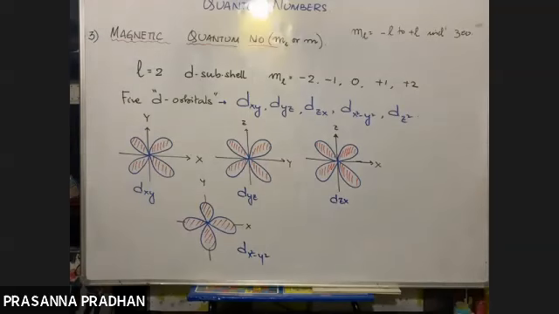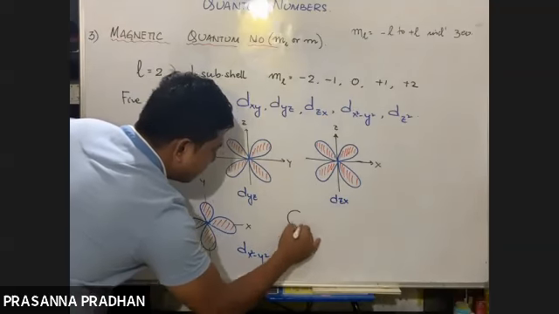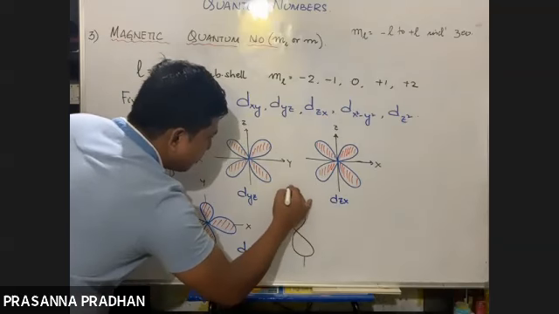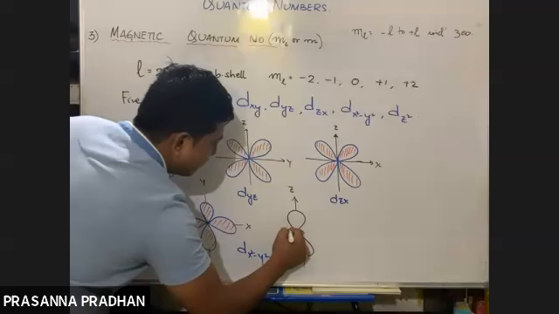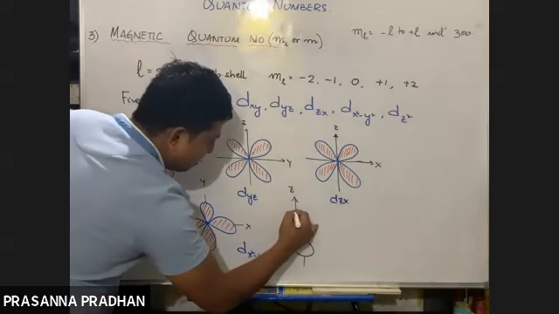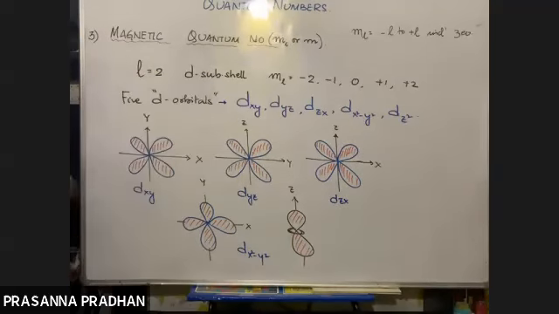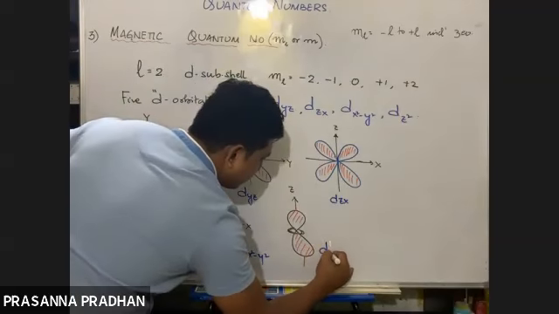Okay, and the last one, yes, it's quite unusual in shape. So it does not have a double dumbbell. It is oriented along the z-axis and it has a circular node like this, right? A ring, it has a ring. Not like a Saturn ring, but a ring of this kind. So what will dz square be? There is a maximum electron density lying along the z-axis like this. So this should be dz square.